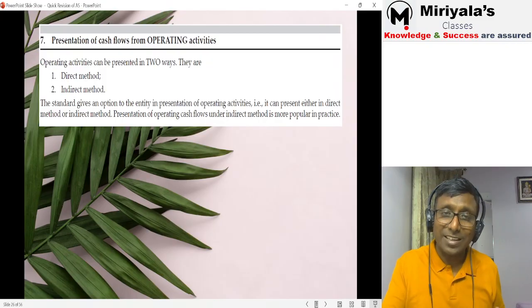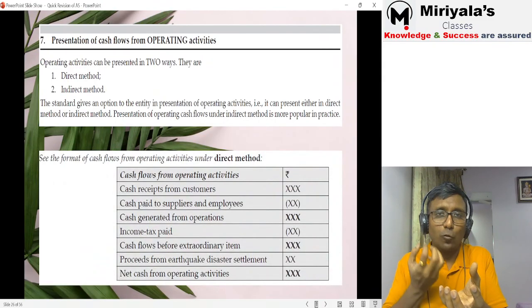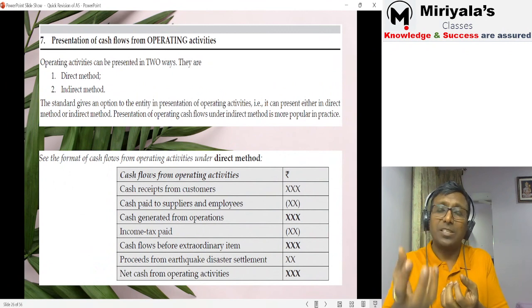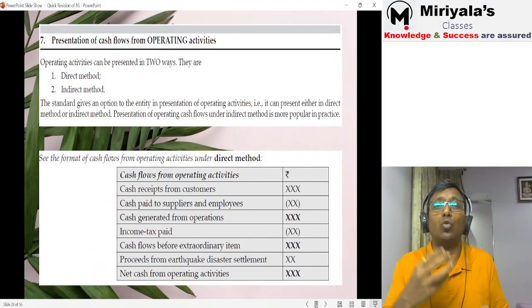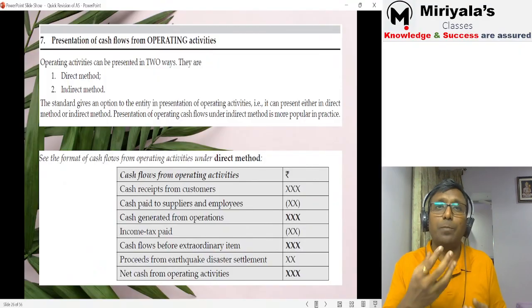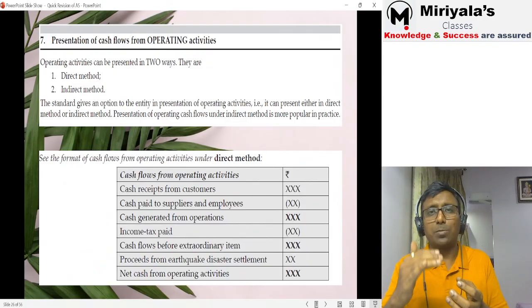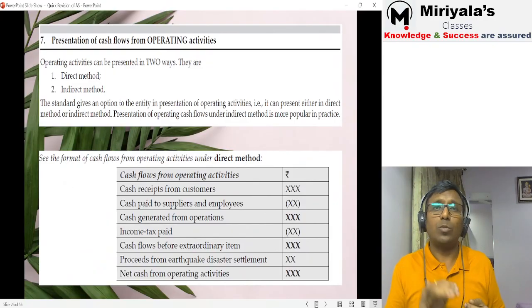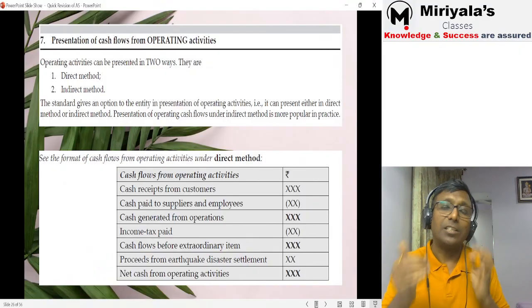So how does the direct method look? Direct method means the direct cash flows from sale of goods, which may be inflow or outflow, correct? Then from purchase of goods, purchase of services, sale of services, salary payments, any other expenses payment, we'll write plus or minus. Then towards the end, we'll always present income tax separately. Then minus income tax payment, and minus any extraordinary events; any plus or minus there is supposed to be